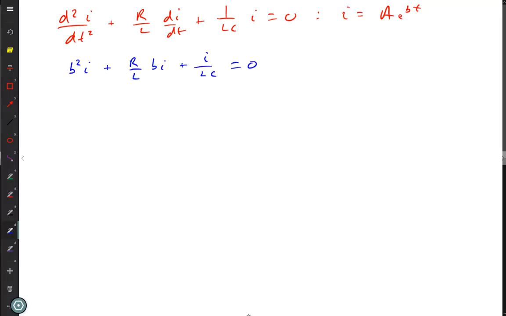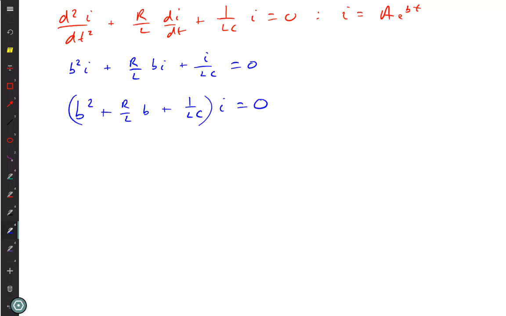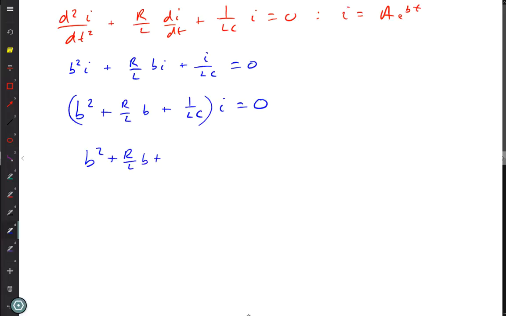Factor out the I's. And this can only be true if the current is 0. We call that the trivial solution because I know that if there's nothing going on in the circuit, there's nothing going on in the circuit. That was a trivial discovery. Or the non-trivial solution, that b squared plus r over L b plus 1 over LC has to equal 0. And so then you can use the quadratic to solve for b equals